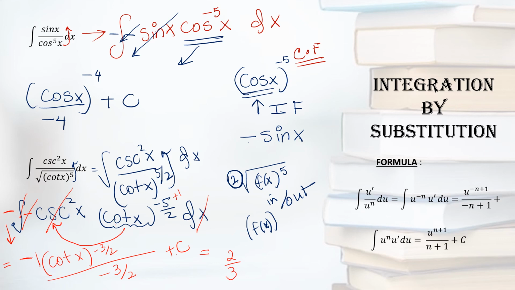Now cot x with the power negative 3 by 2 is a negative power, so bring it down to make it positive. So write in the denominator cotangent x, and the power will become positive, that is 3 over 2, and plus c will be your answer. So this is how we deal with the questions directly. And believe me, it doesn't take more than 30 seconds if you remember all the rules of derivatives and anti-derivatives, then it will become so easy for you to deal with such questions.